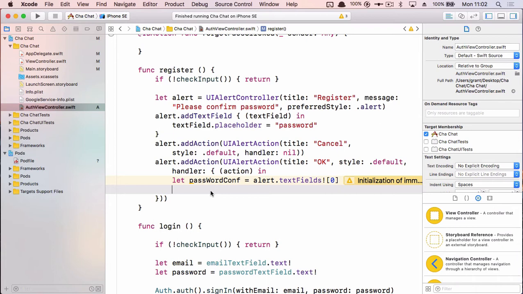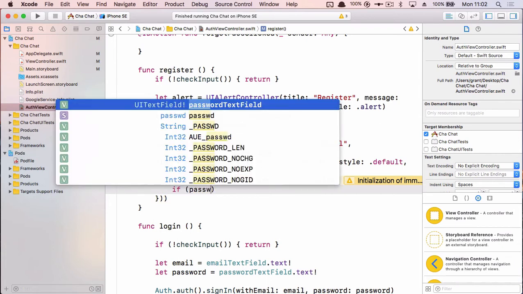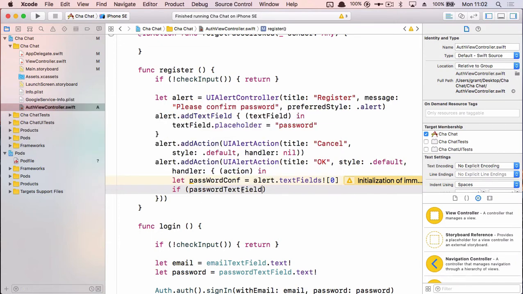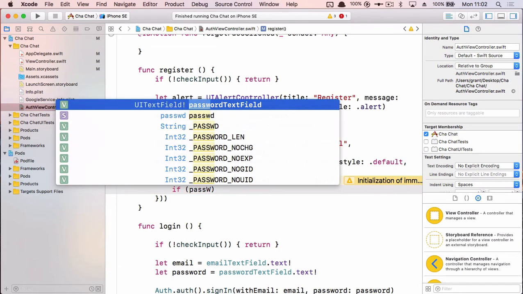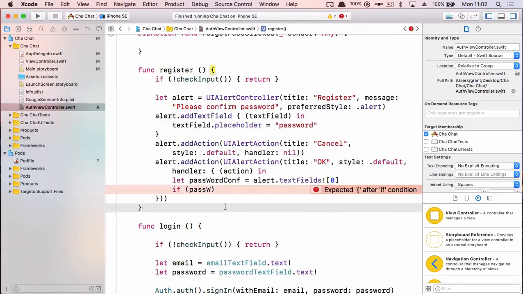Okay, the next step is to compare this password to the one that the user entered previously. Right, so if password, what do we have here? Password, no, it's passwordConf. I've put a capital W there, that's why I'm confusing myself. Password. I don't know why it's not showing it, but anyway, if passwordConf,